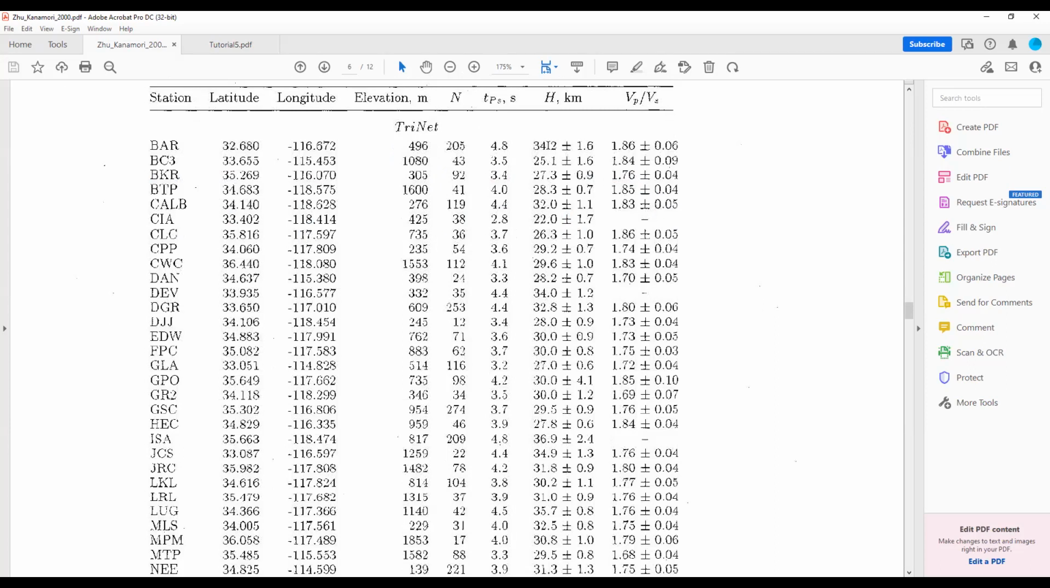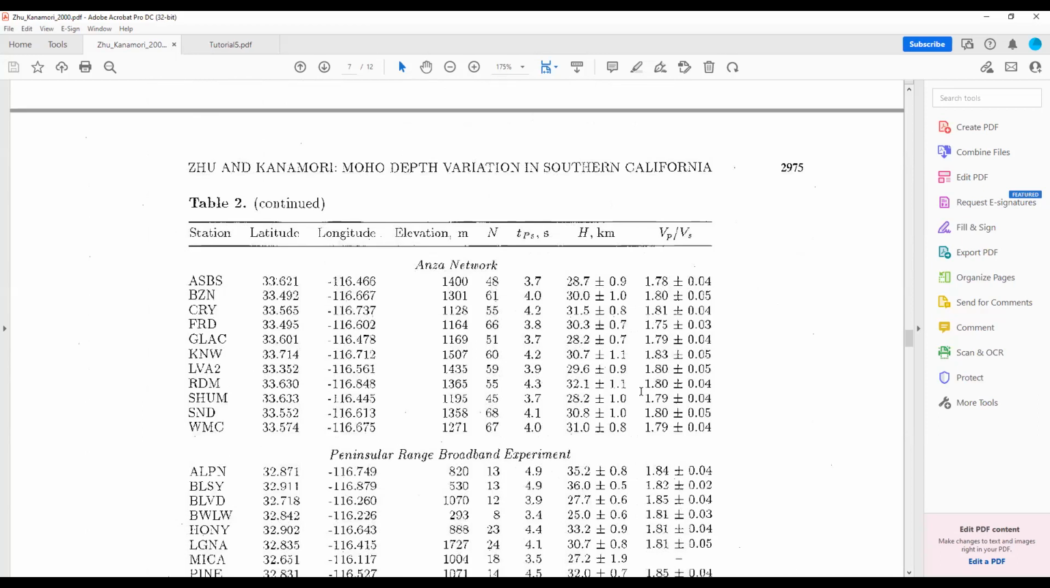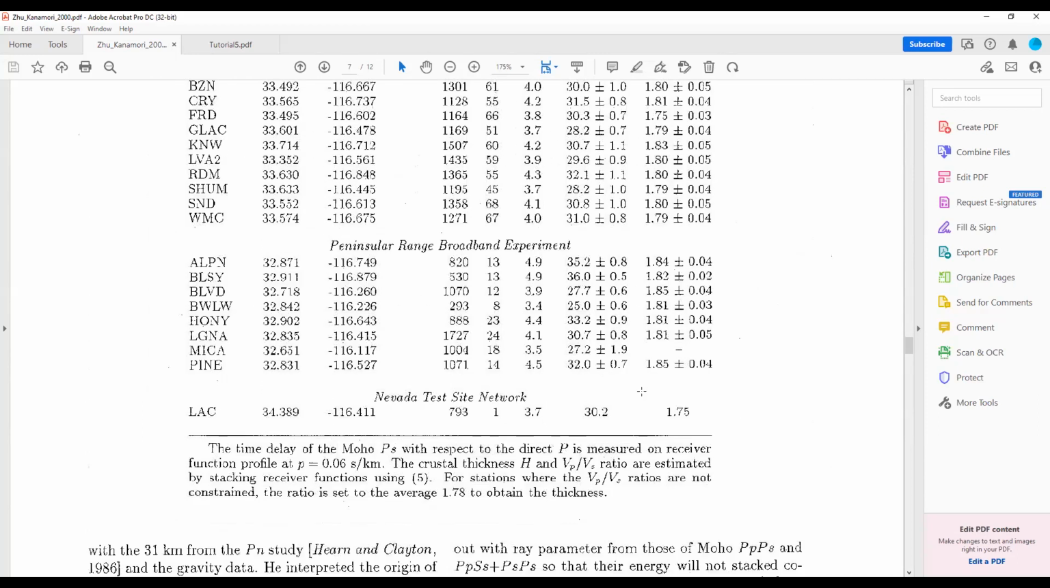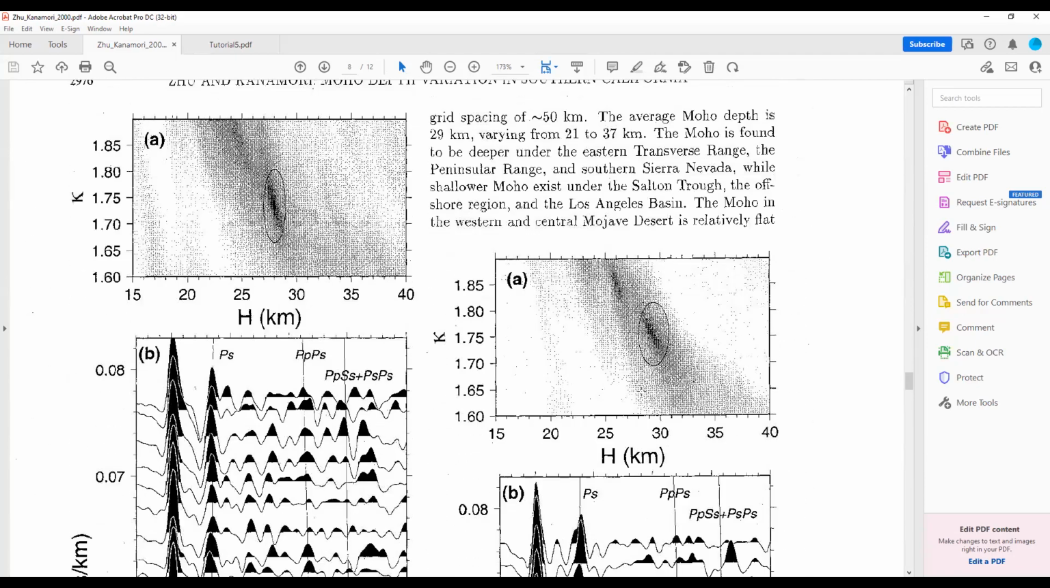So if you talk about this one, this H value for the BAR station is 34.2, which has an uncertainty of about 1.6, which means the value of H may vary between 34.2 minus 1.6 to 34.2 plus 1.6. Likewise, Vp/Vs ratios are given in the last column. So this is a large table consisting of results of around 45 stations,